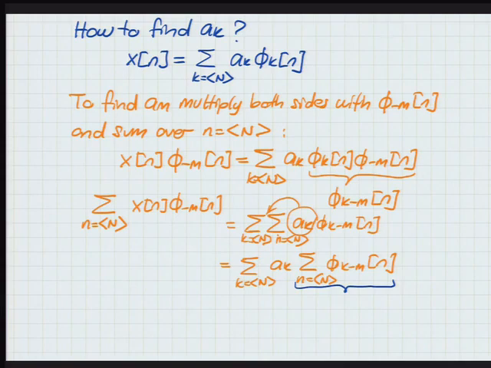Almost always 0, like in our pictures where the arrows were pointing in opposite directions, except when the index is 0 or any integer multiple of capital N. So this is either N or 0, more often 0 than N. It is capital N only when k minus m is 0 modulo N, which is the same as saying k is m modulo N, and 0 otherwise.